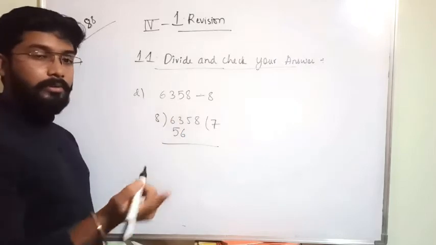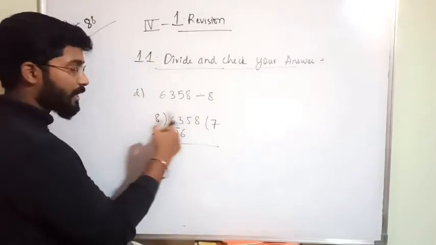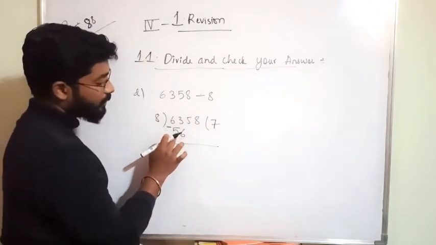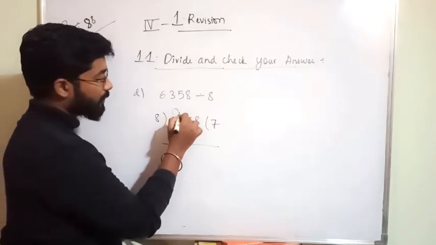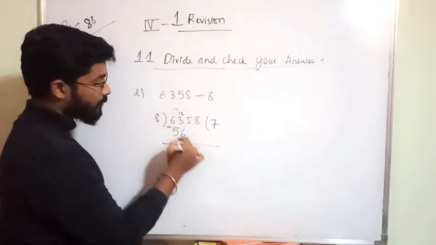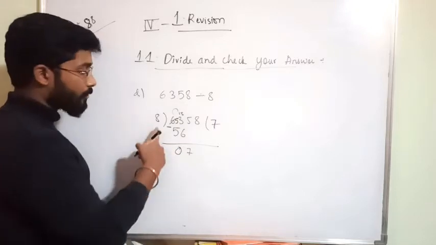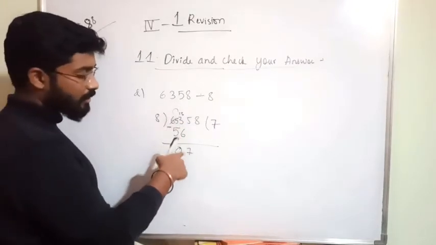So what you have to do? You have to take the lesser number. 7 8s are 56. Okay, means 8 7s is also the same. So from 63, if you remove 56, how much will you get? 13. 13 minus 6, how much? 7. So here it will become 5. 5 minus 5 is 0. Okay, you got 7. From 63, if you subtract 56, you will get 7.